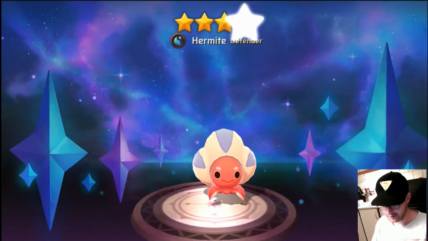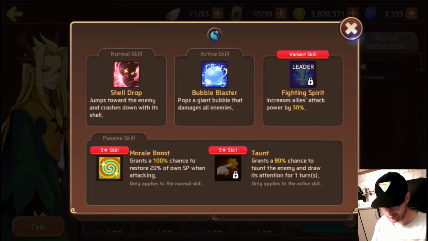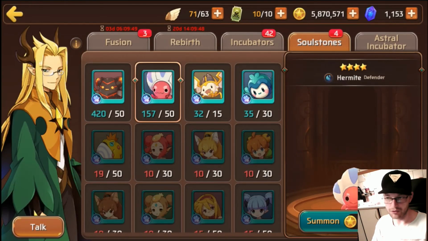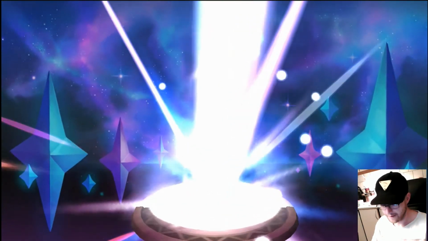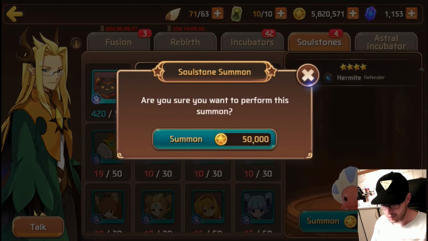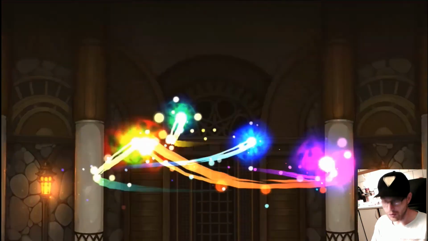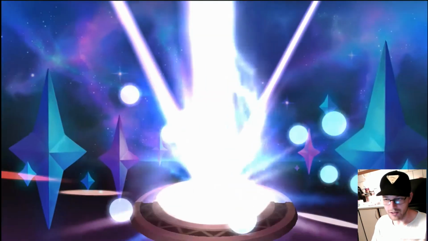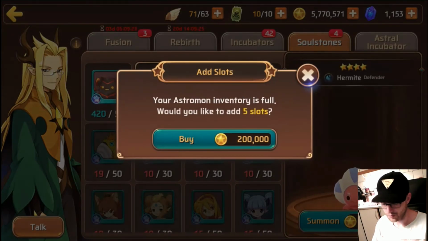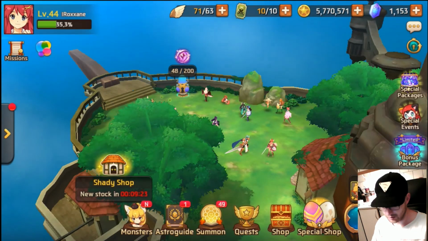So whether or not that is a good idea is a bit up to you, I guess. This one has a 5-star taunt chance, and then it has a 100% chance to restore its spell power. So that is in itself actually pretty decent. I like the 100% stuff. But if we are given a long period of Guardian dungeons as we normally have, then going for a tier 3 hermite is not going to be that hard because we're going to have a lot of time to work with it. Oh, I need space. So let's